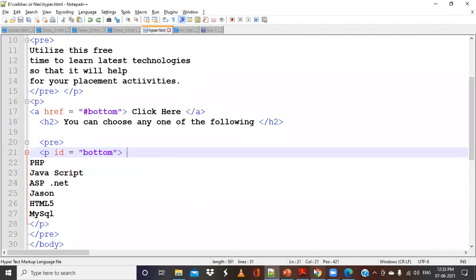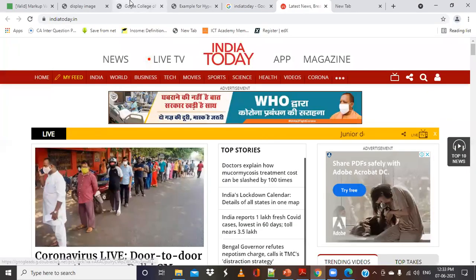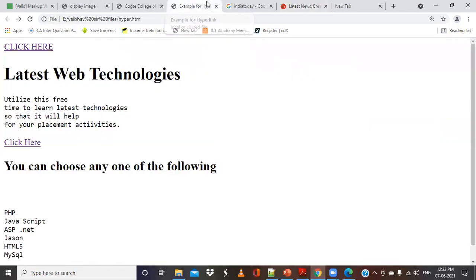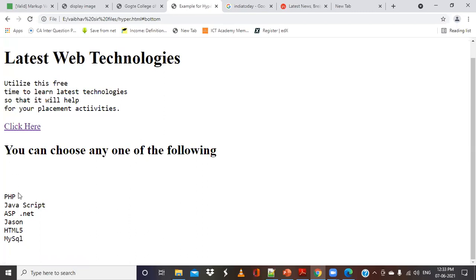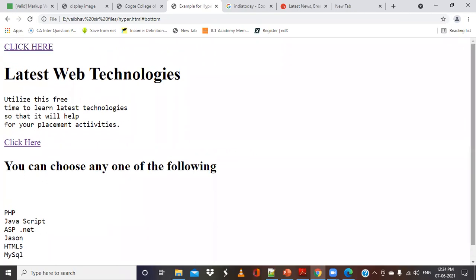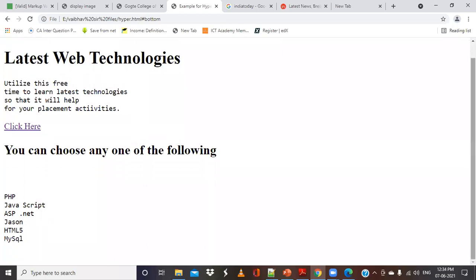So now if I open my same file, okay, now if I click on this, I'm getting to this particular paragraph. It may not be visible to you, because this page is not that heavy. Within one single click, I can scroll it down. So for this, I will make certain changes.